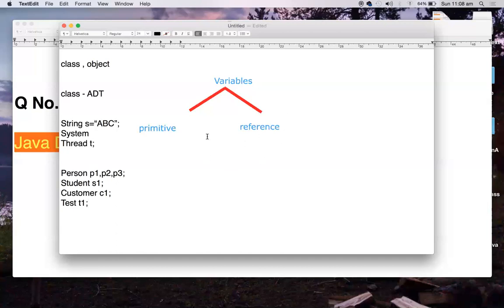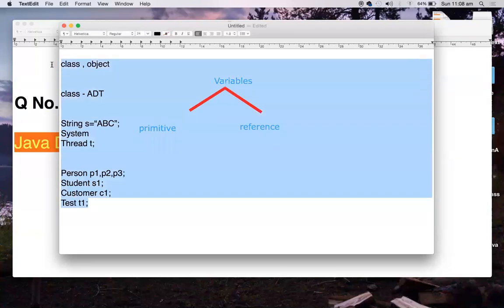So in general, in Java we have two kinds of variables based on their type. If the type is any primitive data type, they are primitive variables. If the type of the variable is a class type, then they are reference variables. So this is clear, right?